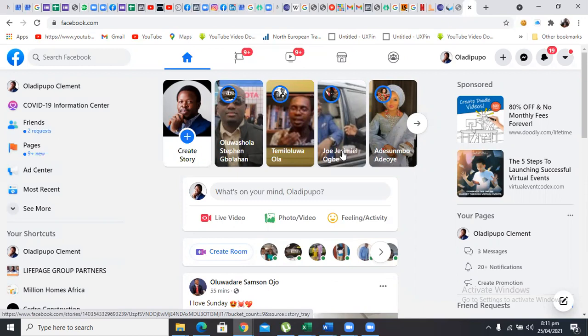But the way they build the interface of the phone is quite different from that of the laptop. On the phone, there are some things you may not be able to see very well, and it's simpler to do it on the laptop. But if you just want to do an Instagram ad, once you click on promote on your Instagram, it will take you through the different steps. The same thing you can do on the phone, you can do on the system.